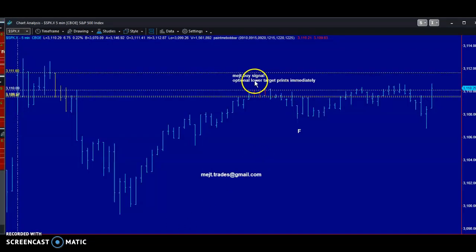MEJT here gave a buy signal. It just means higher price will print. It doesn't call the next move. It also had optional lower targets. When they printed immediately, the system said it was false and higher price would print over the white dotted line. That's what we got. Note that now for 2.5 days we've been